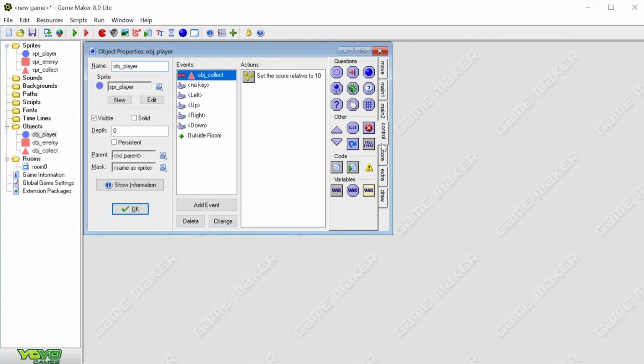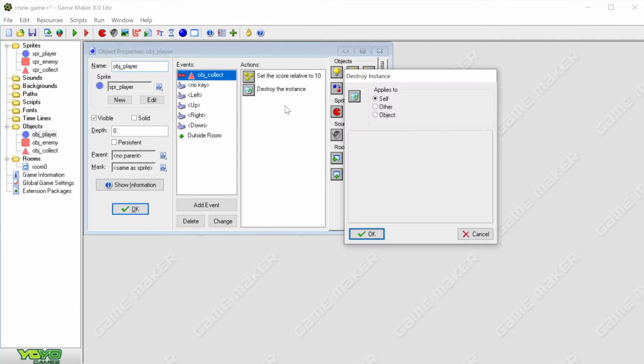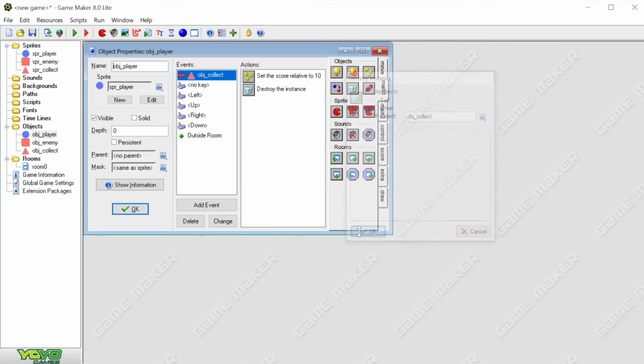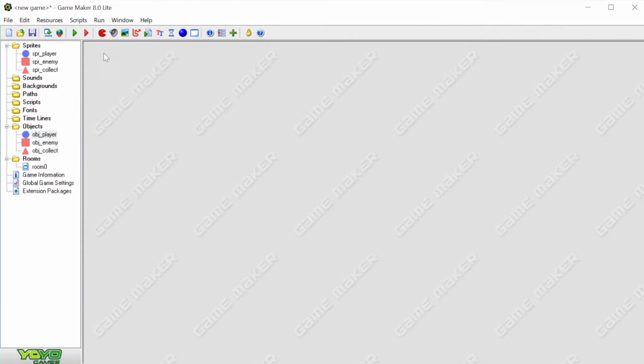This way probably isn't the most elegant, but if I go to my main, you can see there I've got destroy instance. Now what I don't want to do is destroy myself, I want to destroy another object, and what I want to do is destroy the collectible object. So if I click OK now, and then click OK on that, and click the play,